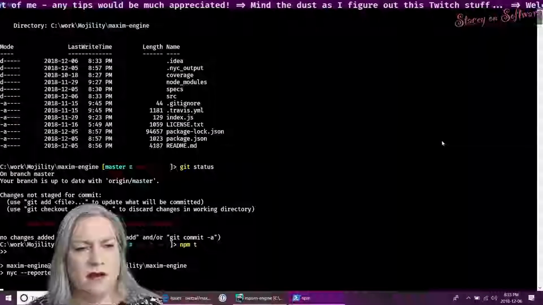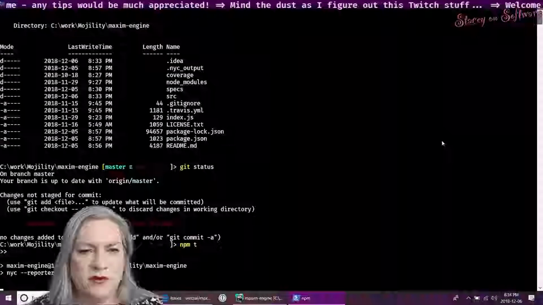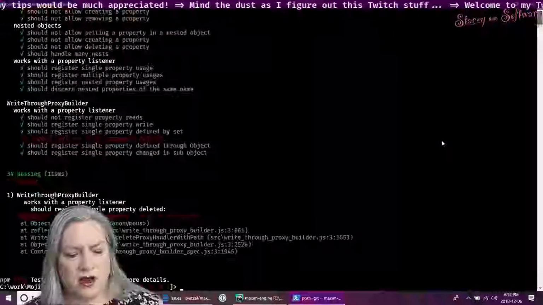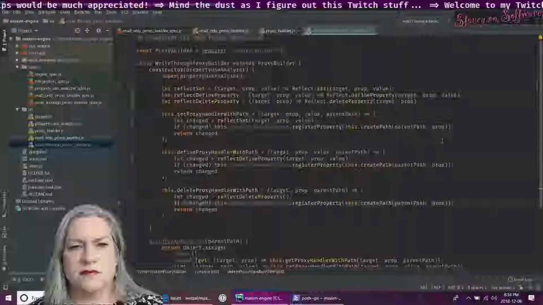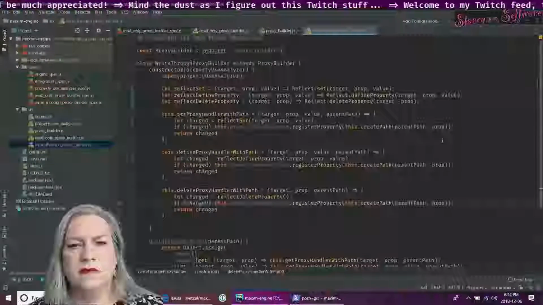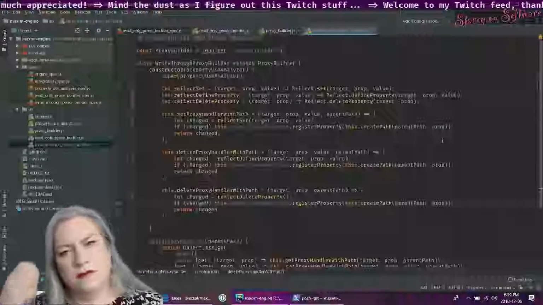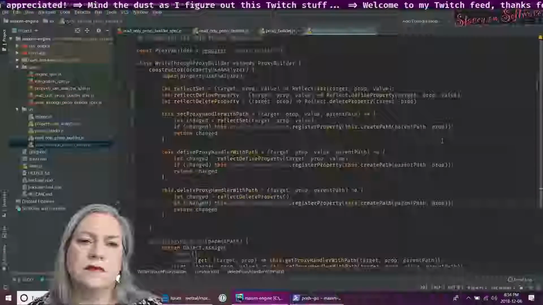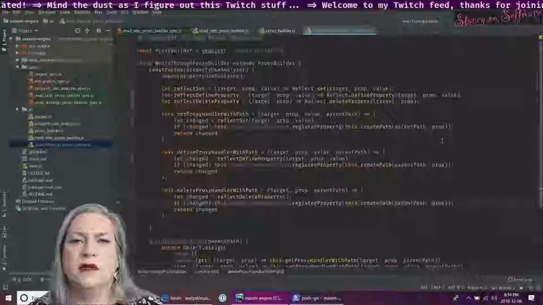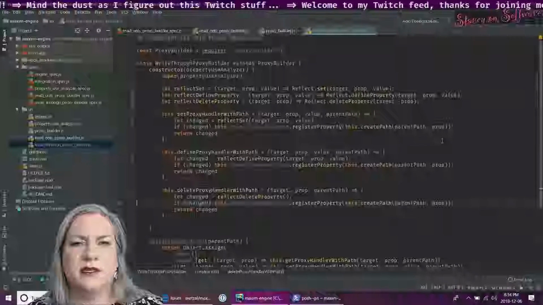Not sure what I did there. I hit a key that was not enter. Delete property called on a non-object. Delete property called on a non-object.